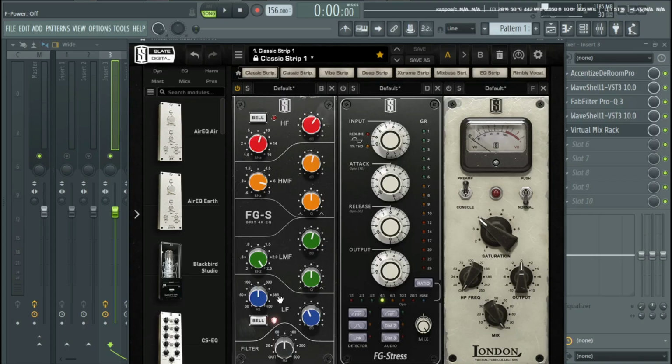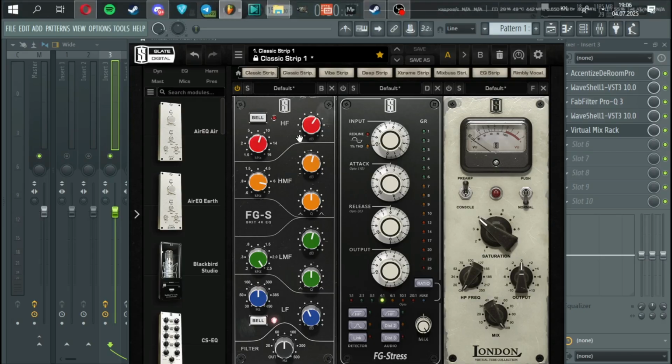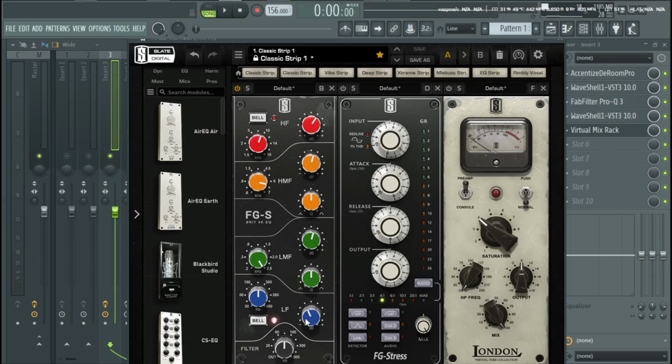The low frequencies I recommend not to touch, but I hear some boominess in my voice that the FabFilter cannot remove, so I just